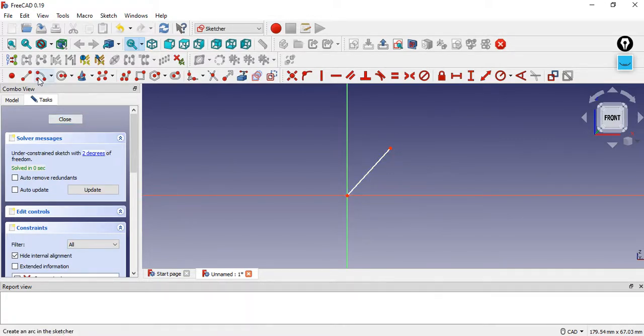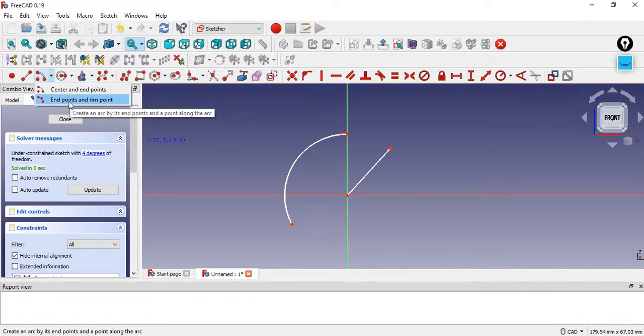Now after that, the next is the arc. There are two methods with which you can create an arc. First one is center and end point, and the second is end point and rim point. Center and end point means you need to define first the center of the arc, then the start point of the arc and the end point of the arc. Similarly, the second one is end point and rim point,